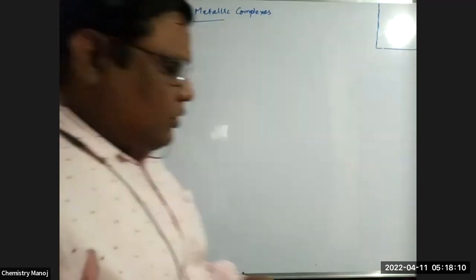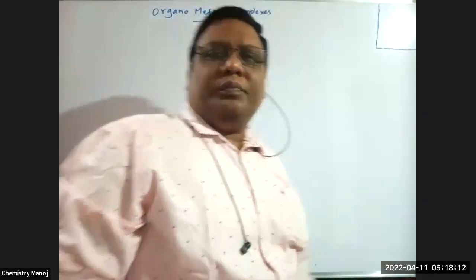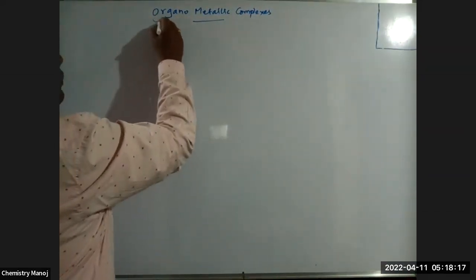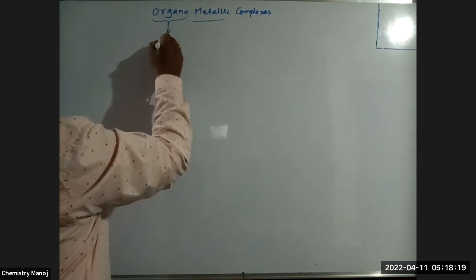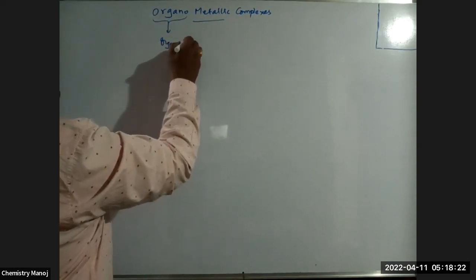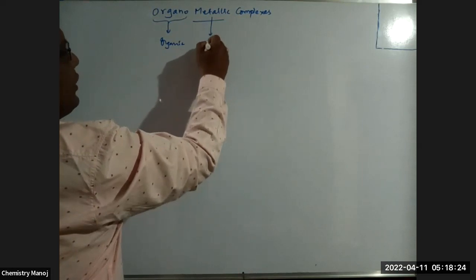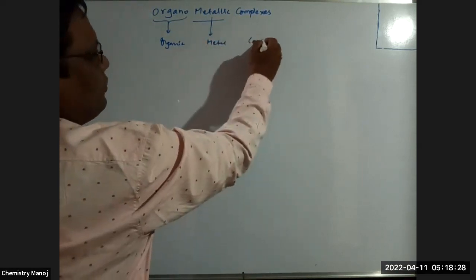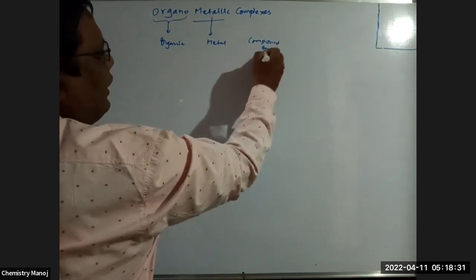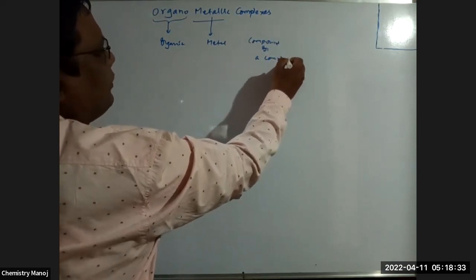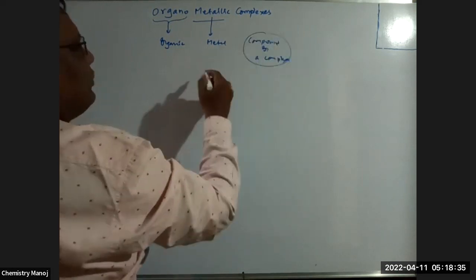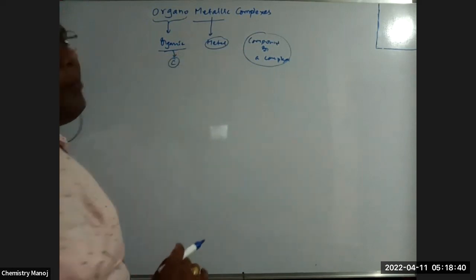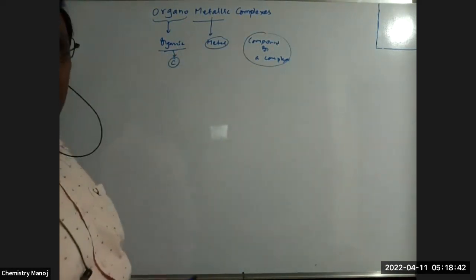Organometallic compounds and also complexes. What are these? See, my dear, organo means it is the organic part. Metallic means there should be a metal. That means a compound or a complex, whatever it may be, having metal and organic. Organic is nothing but carbon compounds; carbon compounds chemistry is called organic.